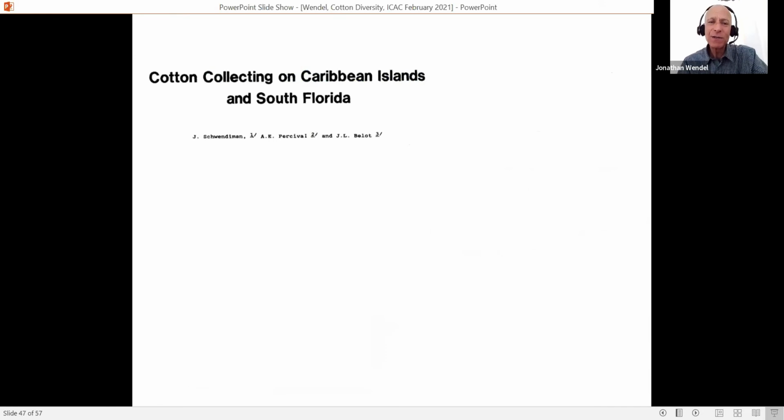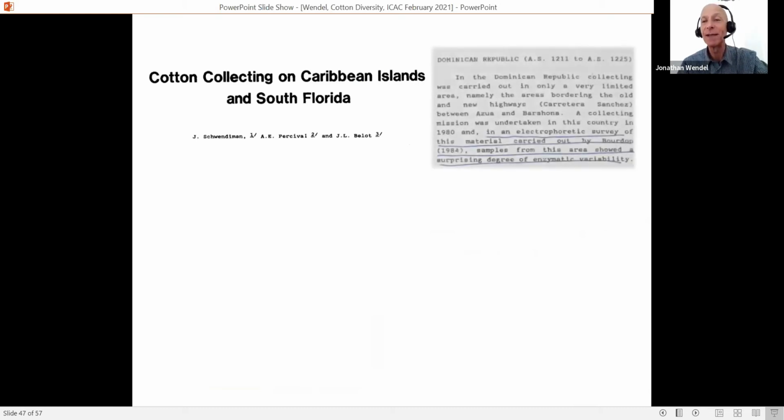Well, there's this other really obscure publication, Cotton Collecting on Caribbean Islands in South Florida, again hearkening to the importance of collecting. And this is one of Jacques Schwendemann's trips with Ed Percival shown there in the middle. And in that little paper, I had underlined and stuck in my file cabinet an actual paper copy, not a PDF, that said that Bourdon, in an electrophoretic survey of this material, showed that there was a lot of enzyme variability. Well, in the late 80s, I did allozyme analysis, if any of you know or remember allozymes, of about